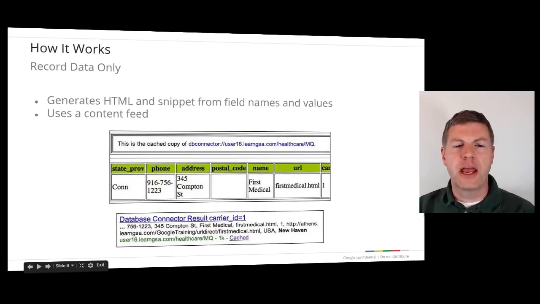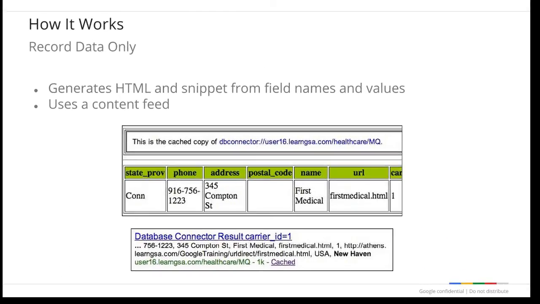One use case for the database connector is simply to index database records without corresponding web pages or URLs. This use case is applied when users previously interacted directly with a database by writing SQL queries themselves. In this use case, the connector will fetch each record, convert it to an HTML page, and build content feeds